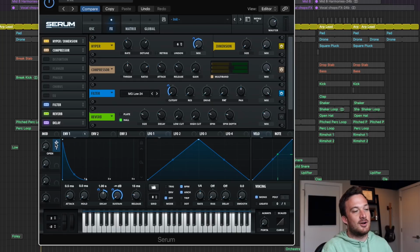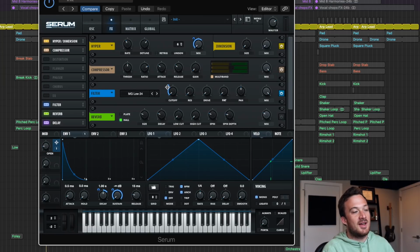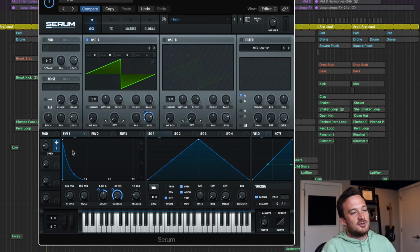And I have this macro that's changing a lot of things around as I open and close it. So I've got the cutoff mapped to that macro, I've got the mix of this hyper section mapped to it, so it widens up. So it adds more voices of unison and widens the whole sound. Then I'm also controlling the level of the oscillator with it, and then the sustain and the decay of the